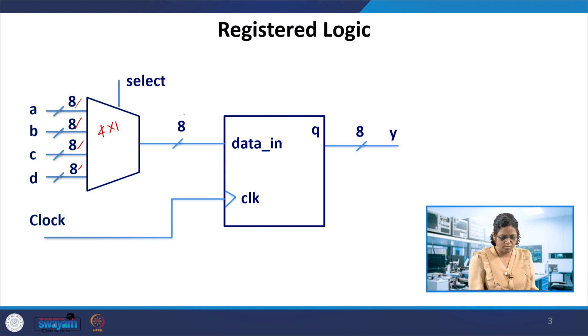The select is 2 bits, because we have 4 inputs: 00, 01, 10, 11. If 00, the input A will be passed to Y. If it is 01, then the input B would be given to the output. Similarly C for 10, and for 11 the D input will be given to the output of the multiplexer.